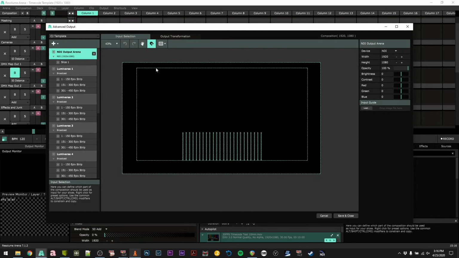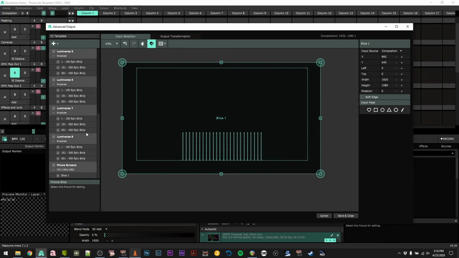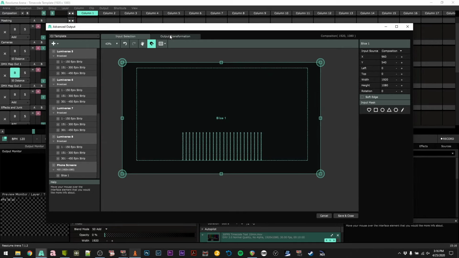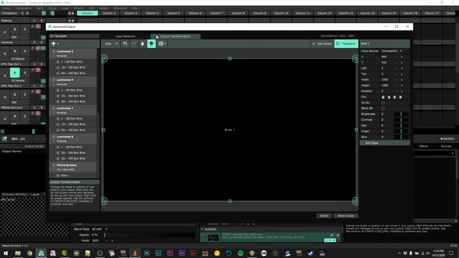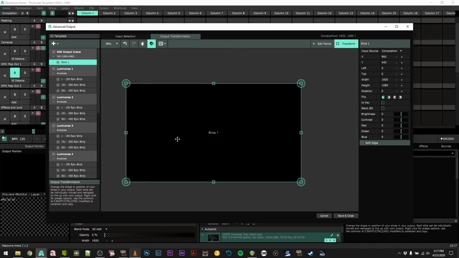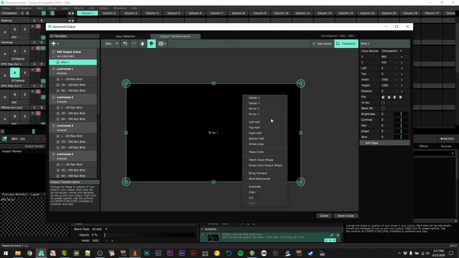But a lot of times the stages that we work on aren't rectangular, and they have video walls in all sorts of places. So in Resolume, you can add what are called slices, and you can change how they're organized in your output transformation. So usually you'll have a slice for every single LED screen that exists in the real world at the stage you're doing,